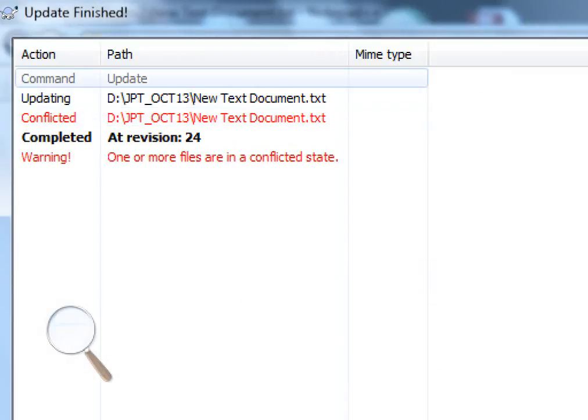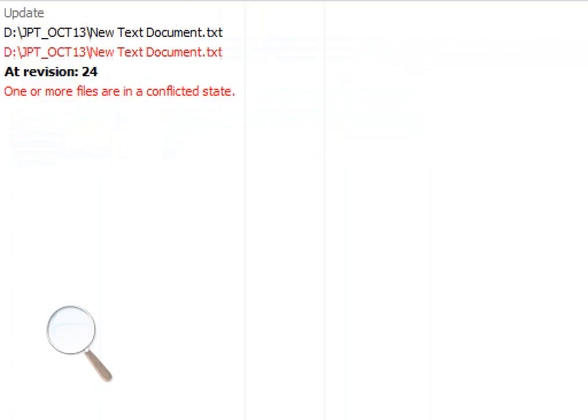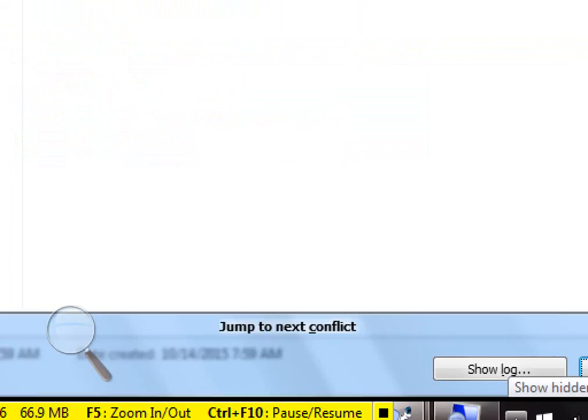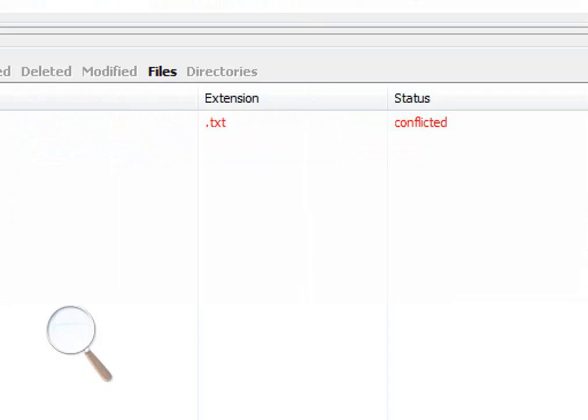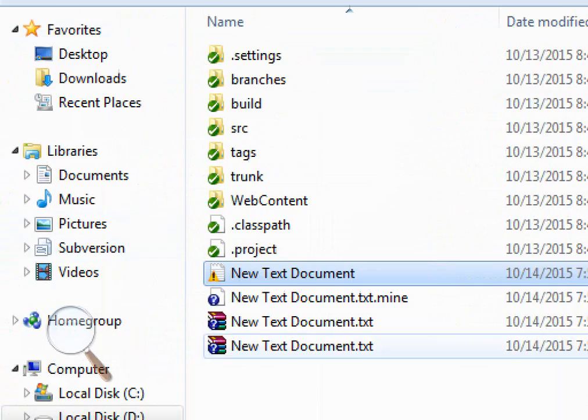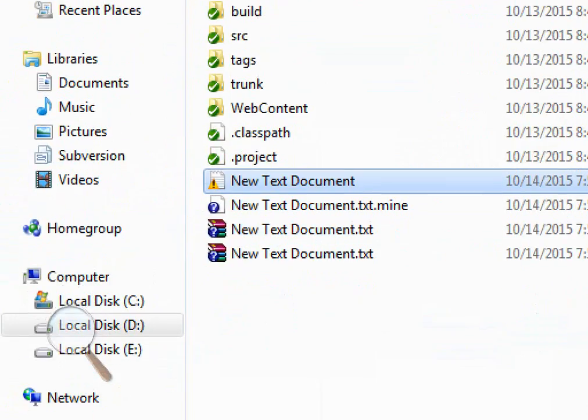So now you can see one or more files are in conflicted state. That is a warning message, meaning what? It is not updated. So go back to here and cancel it. Now you can see, whenever it gets merge conflicts,